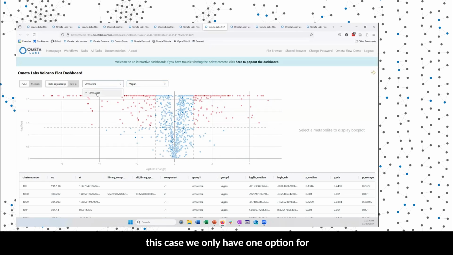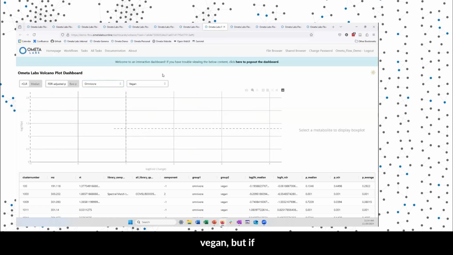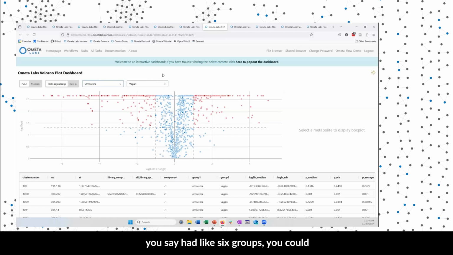So in this case, we only have one option for each of these. We only have omnivore and vegan. But if you say had like 6 groups, you could choose which groups you wanted to compare using these drop-down menus. You'll also notice that we have a couple of different normalization methods that we apply to your data. So RCLR and median. And we also have the ability to look at your FDR adjusted p-values or your raw